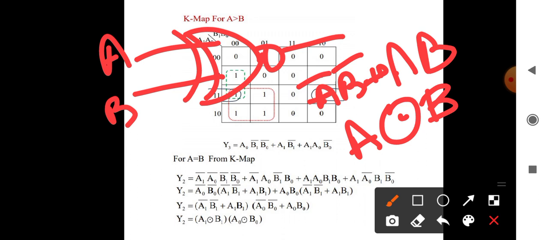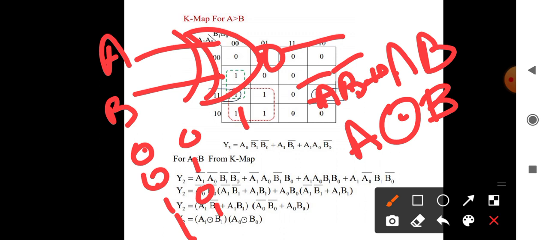If you are having this truth table 0 0, 0 1, 1 0, 1 1, you substitute. For 0 0, you can see 0 complement and 0 complement, it is 1 here, plus 0 into 0, that is 0. So that is 1. For 0 1, 0 complement into 1 complement, that is 1 into 0, so that is 0, plus 0 into 1, that is 0, so that is 0 here. Same thing for 1 0. For 1 1, 1 complement into 1 complement is 0, plus 1 into 1, that is 1. That is why we represent this expression, A complement into B complement plus A into B, for A equal to B.